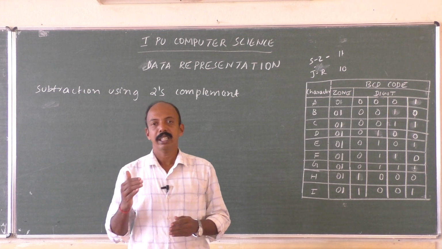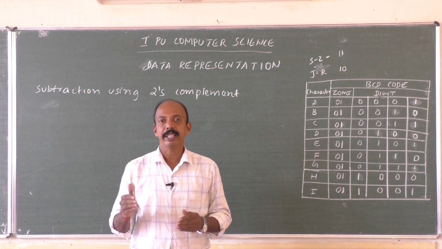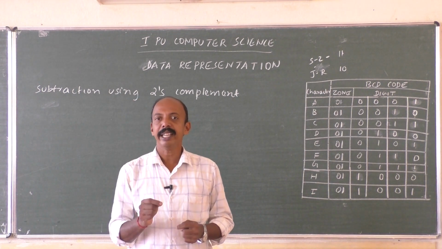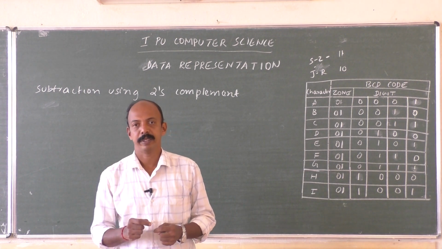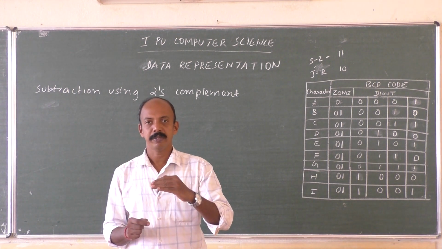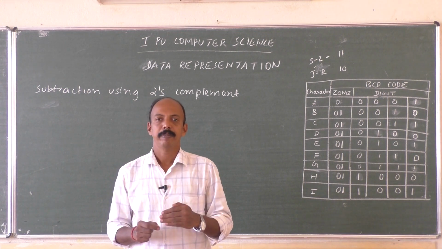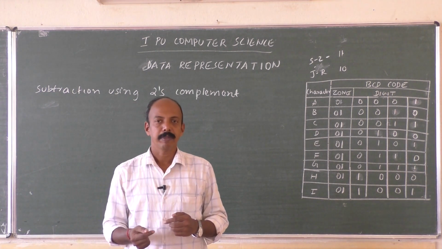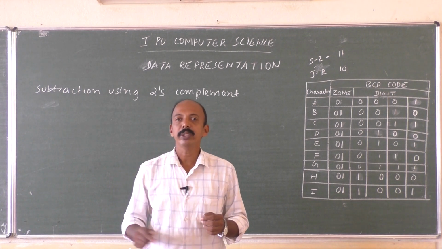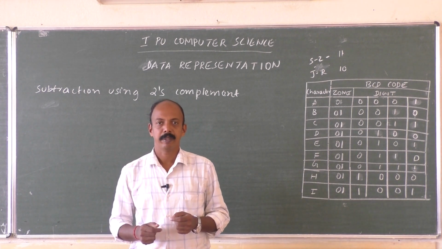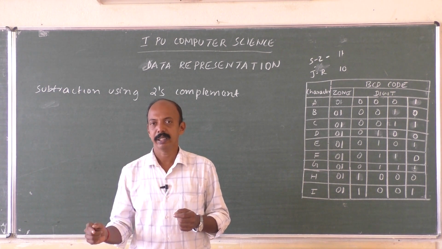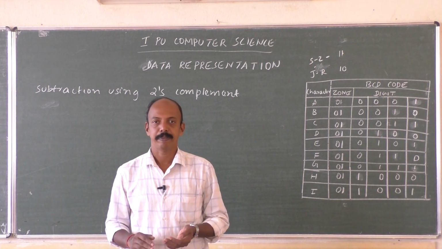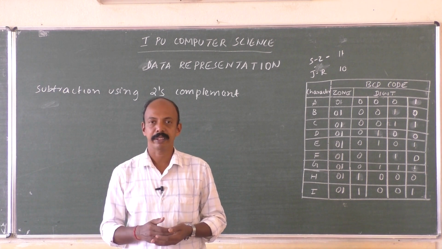Now, we have to look for the end carry, the end around carry. When we subtract a smaller number from a larger number, there will be an end around carry in the result. What we need to do is add 1 to the LSB of the result. Once we have added 1 to the result and got the sum, whatever end around carry is there, we just neglect it, because we have already added 1 to the LSB. That will be the answer.